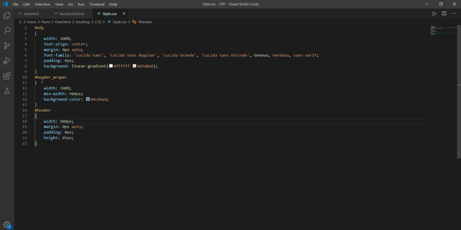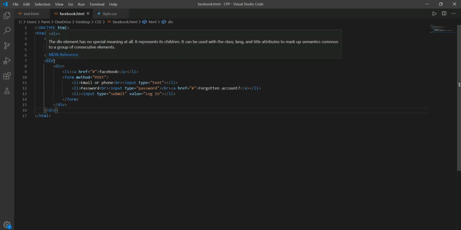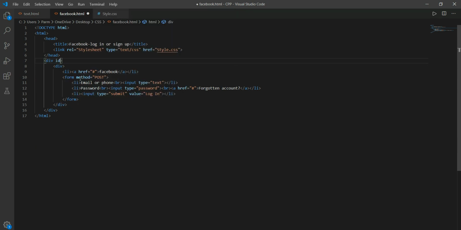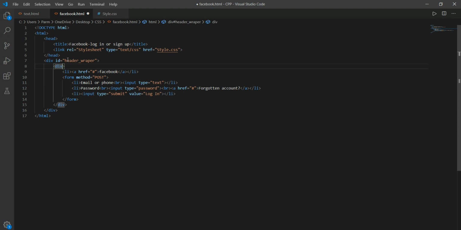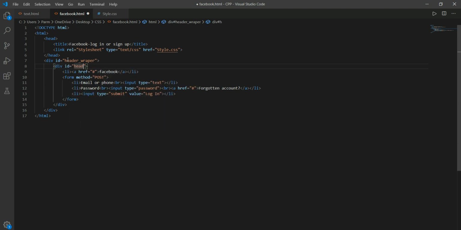So I have created these two IDs, so I have to apply these IDs in the main HTML file. I have created a div over here. So here I'm using ID header underscore wrapper, and to this I'm using ID header.